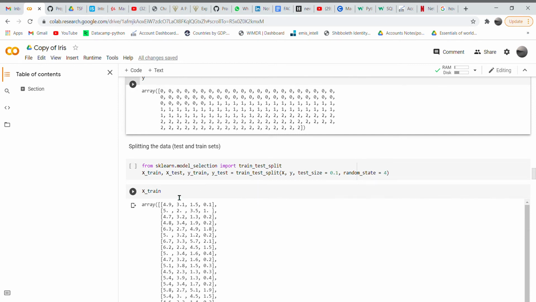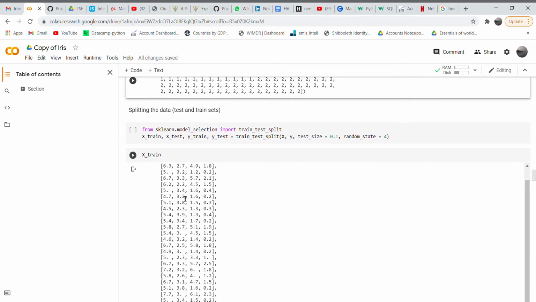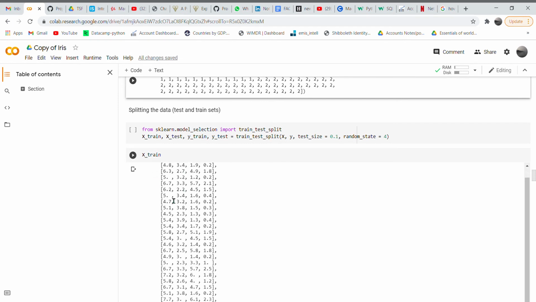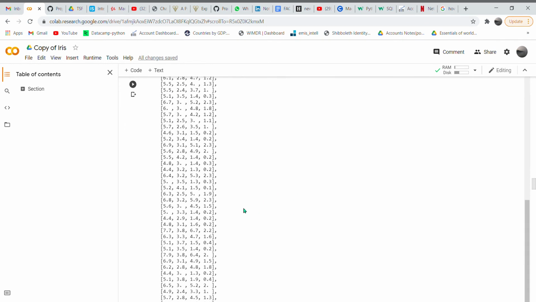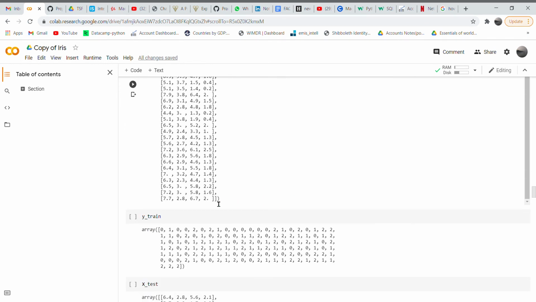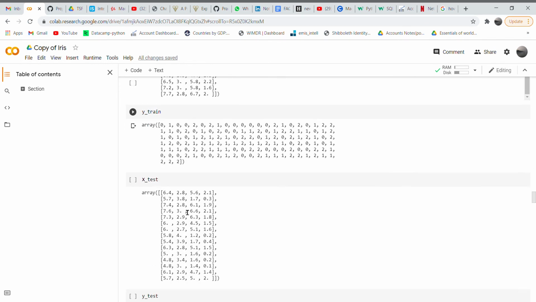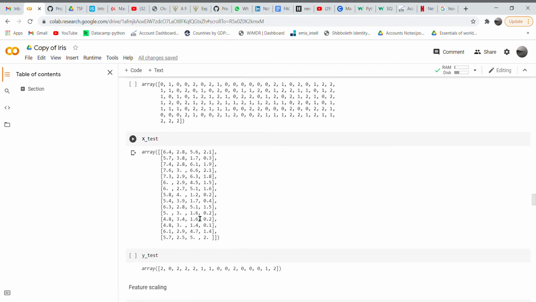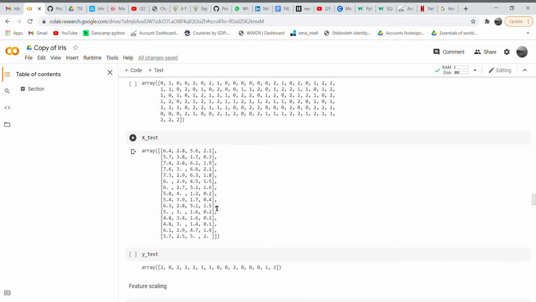It is not mandatory to take any particular number. I just wanted to check the X train that we have taken. These are all the values of X train, and these are all the values of Y train, and these are all the values which I have taken for X test randomly, generated by the Python code itself,